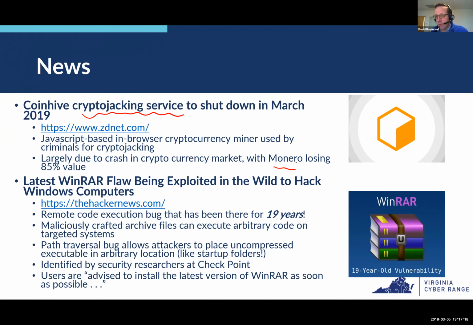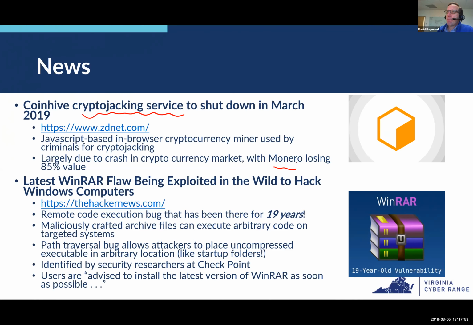But what really happened with Coinhive was that malicious people latched onto this, and instead of putting it on their own legitimate web pages, they would hack other people's web pages and put this Coinhive JavaScript software in the web page. But the account for the wallet that the mined cryptocurrency would go into would be the hacker's account, not the owner of the web page's account, right? So it led to this type of attack called cryptojacking that has been really popular over the last 6 or 8 months, maybe a year.